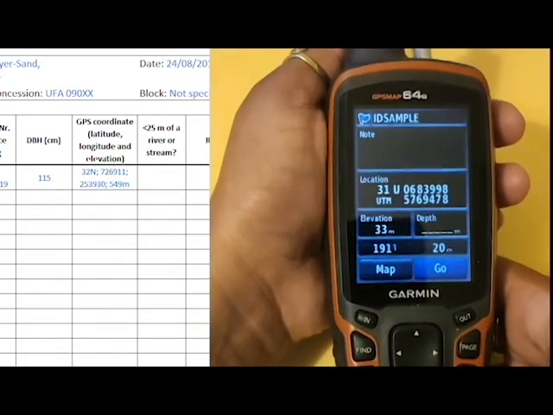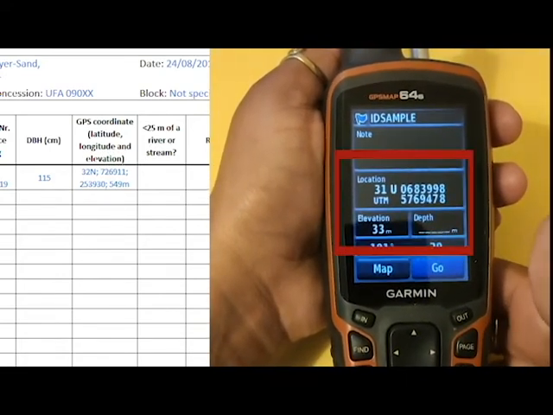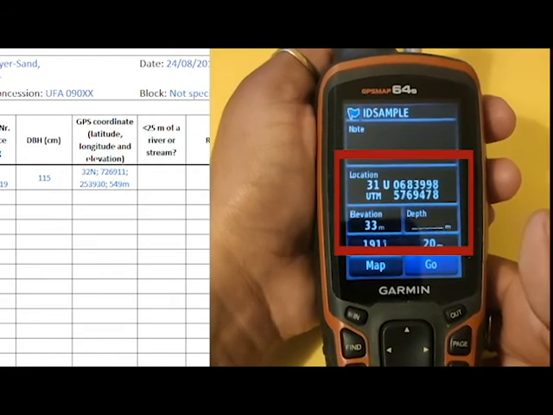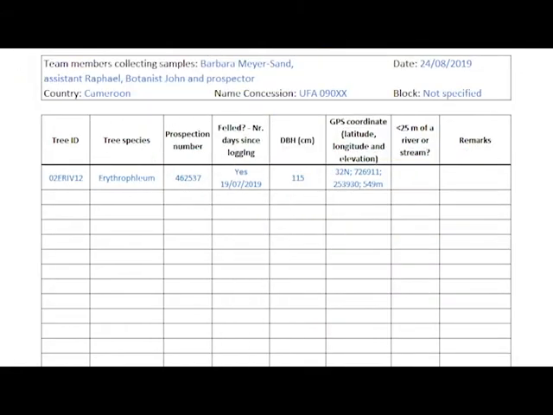That done, write down the coordinates with latitude, longitude, and elevation on the field form. Here, you can write down whether the tree is within 25 meters of a river or a stream.